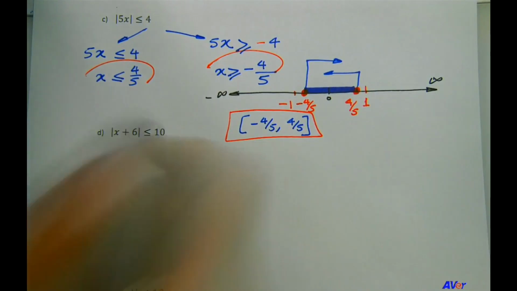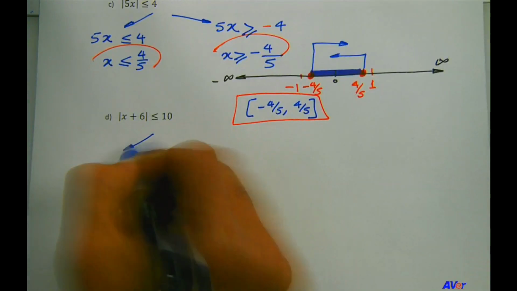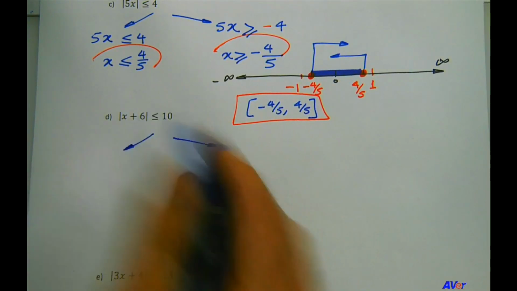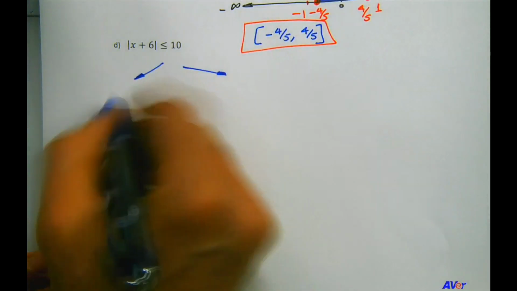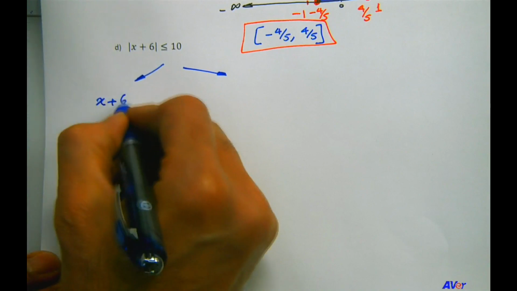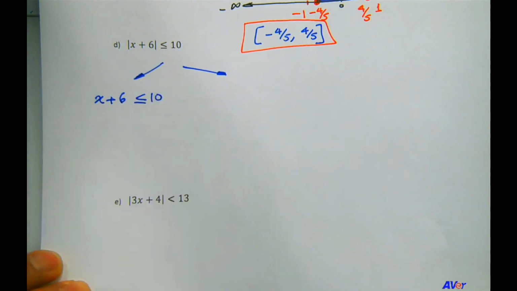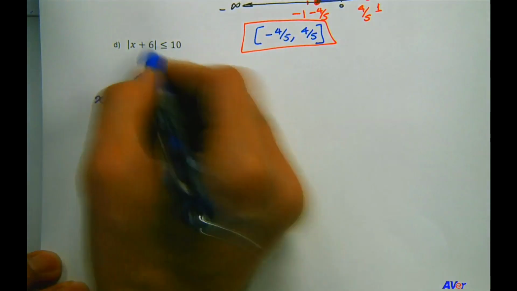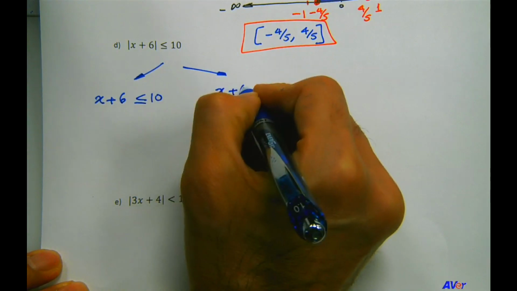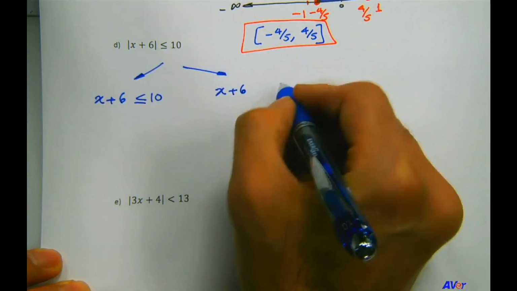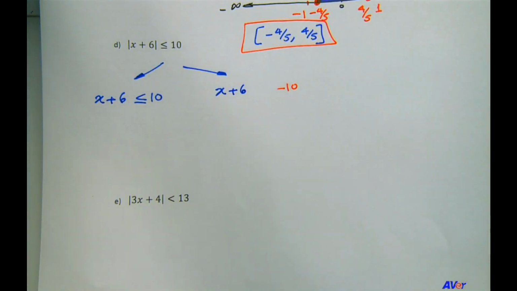Okay? So this one. Once again, we have two solution paths. One is the original inequality written as it is without the absolute value. So x plus 6 less than or equal to 10. Okay? Without the absolute value bars. The other one, x plus 6, the other side is going to be multiplied by negative 1. So, right, we're going to get minus 10 or minus,